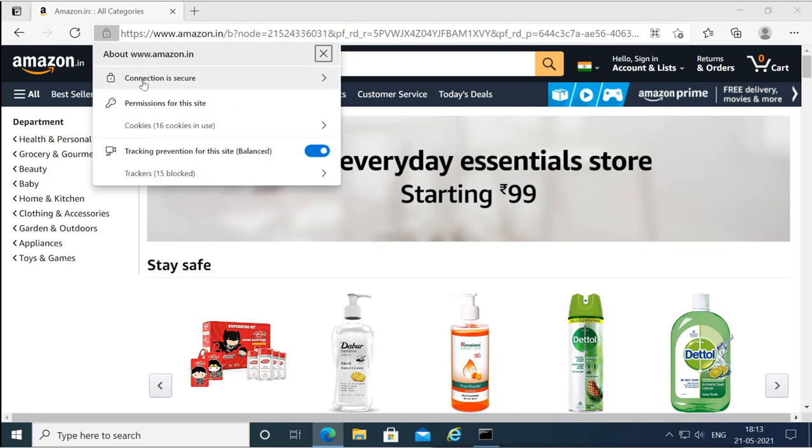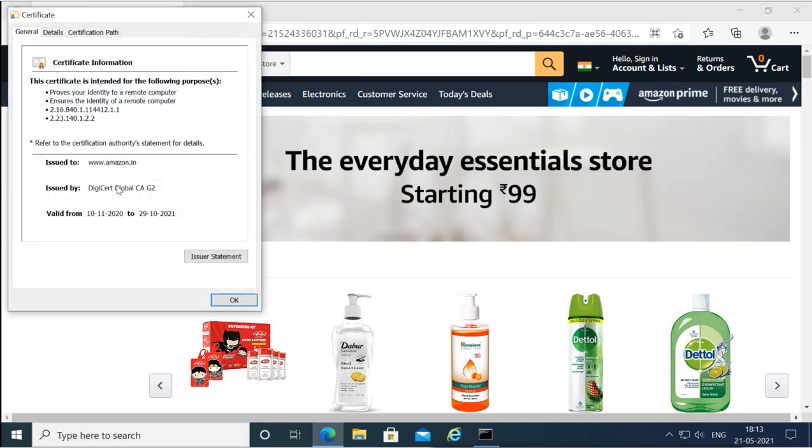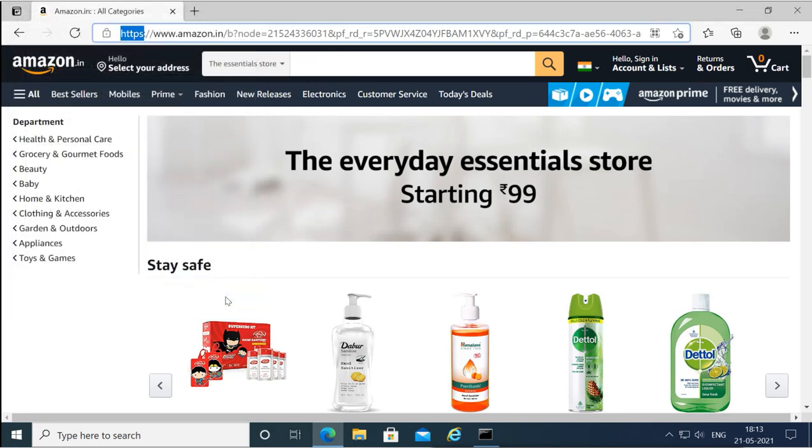We can see the connection is secure, secured by a valid certificate. We can see the certificate, and still being in the middle we can see the packets, but we can't see what is exactly going on.